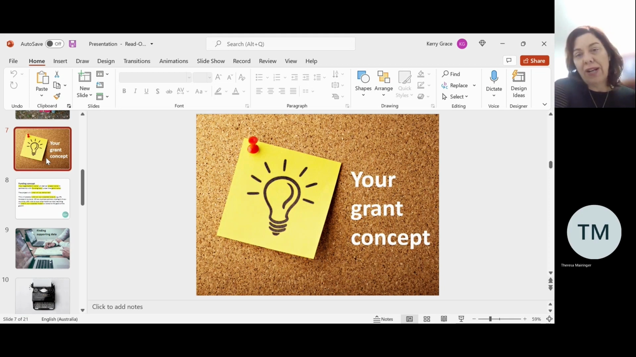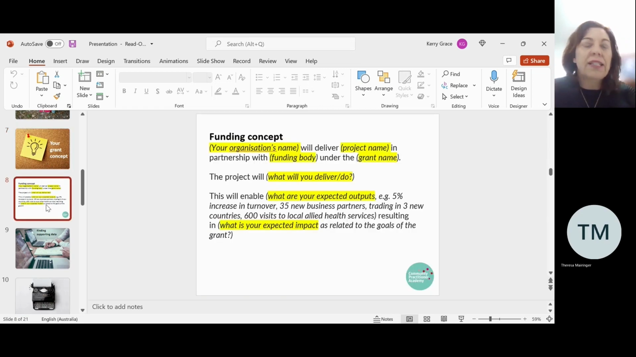So maybe if you're applying for an arts grant, you might want to do something like that. Whereas if you're applying for a technology or an infrastructure grant, you might be wanting to pull out a whole different suite of benefits. So basically, when you're forming up a funding concept, what you're going to do is state your organisation's name will deliver whatever project it's called in partnership with whatever the funding body is under the grant